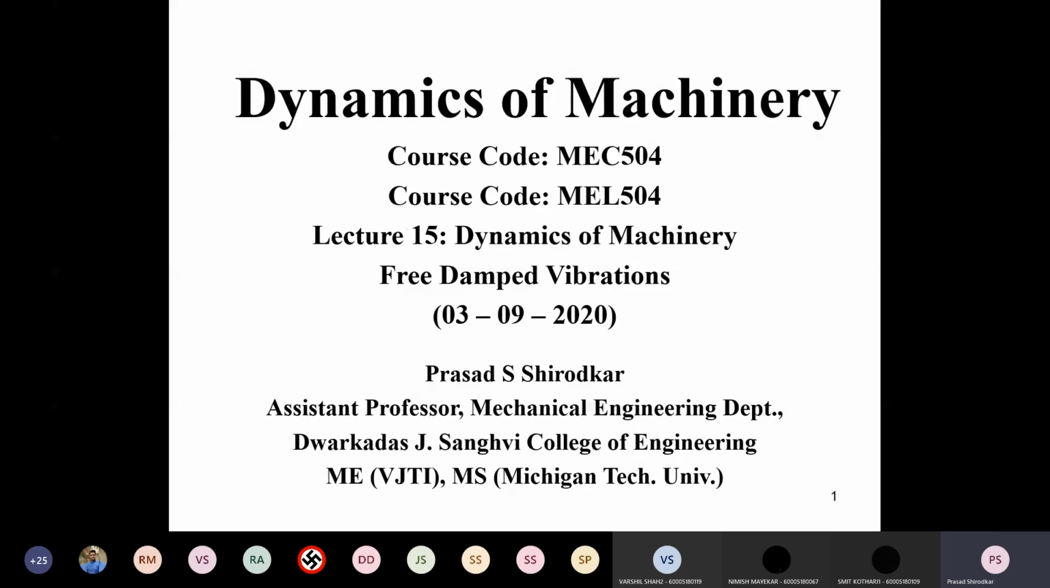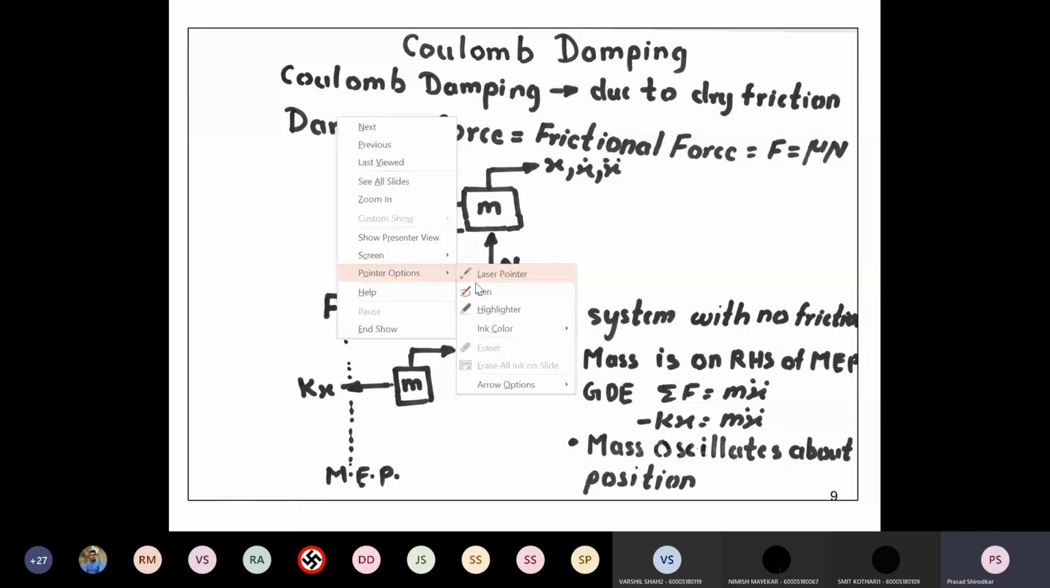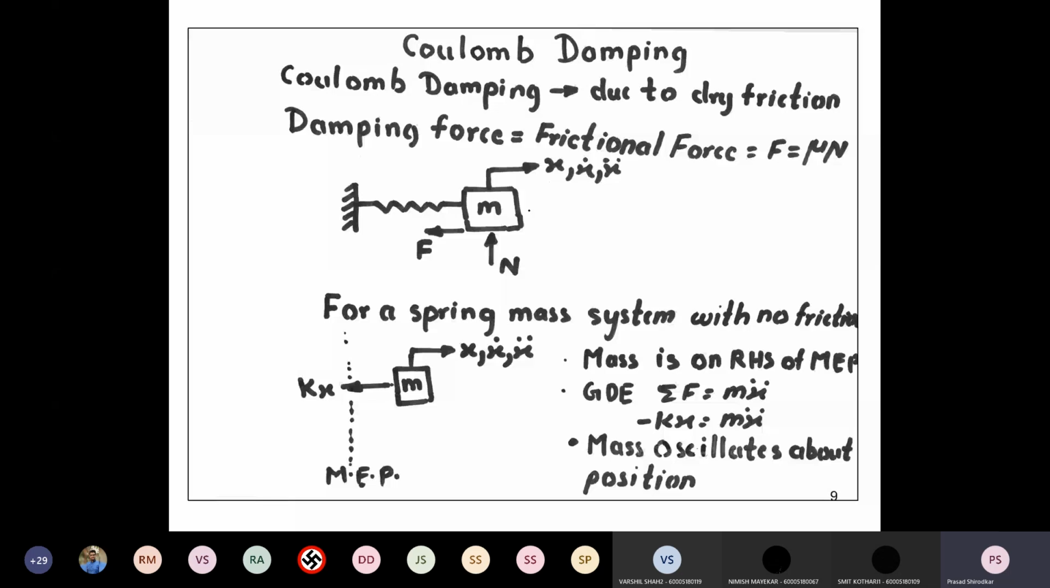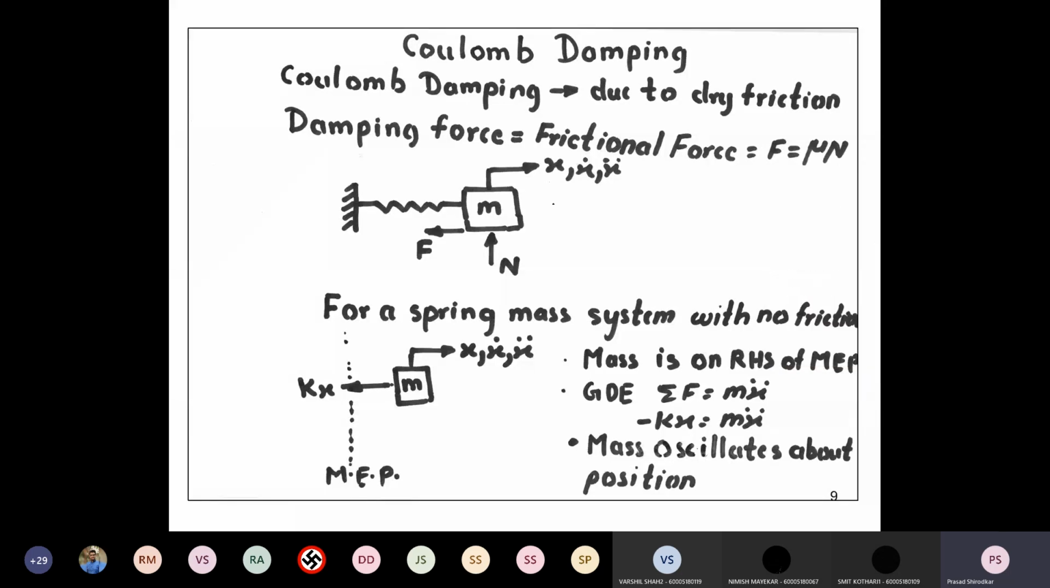So we have started with Coulomb damping, and yesterday we discussed Coulomb damping. All of you have received the lecture questions and the quiz, right? Gaurav? Yes, sir. Okay. Is there any disturbance in audio? No, no, sir. Okay. All right. So we have already started with Coulomb damping, and Coulomb damping is due to dry